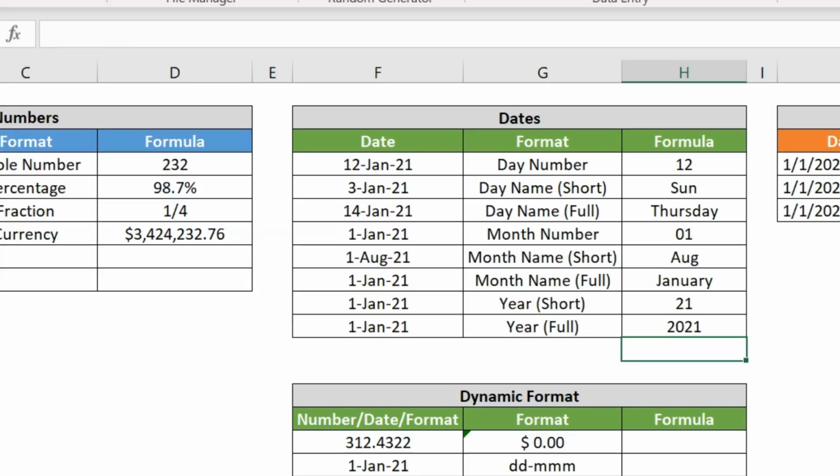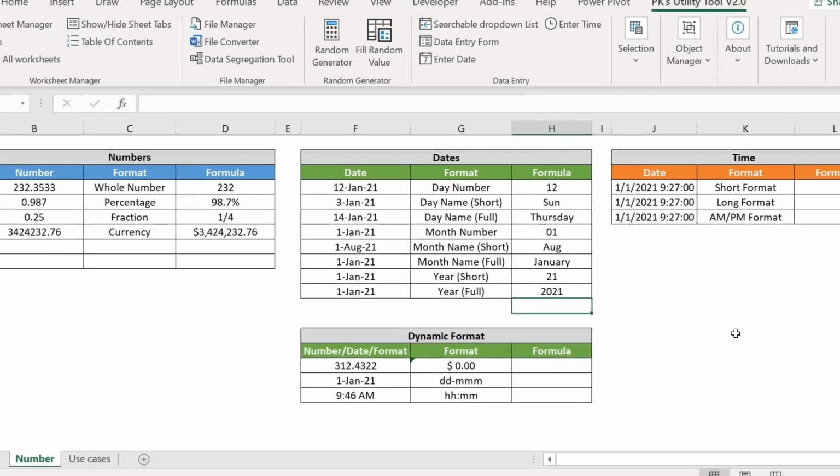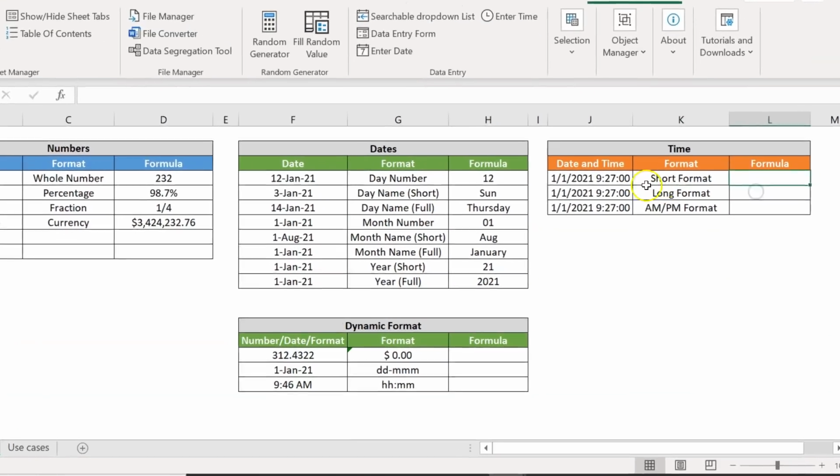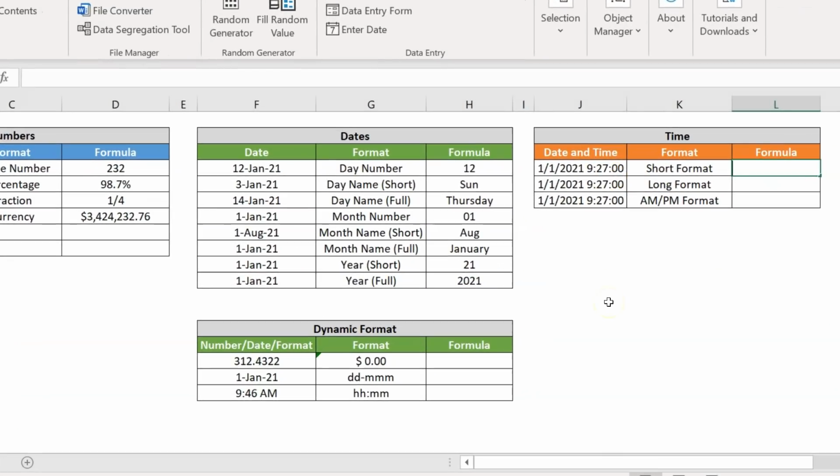Alright. Now quickly I'll show you how you can use this text function with times. So let's say we have the time and date here. So it is date and time, not only date. Now from this date and time we want to show only the time in short format. Short format means we can just show hours and minutes.